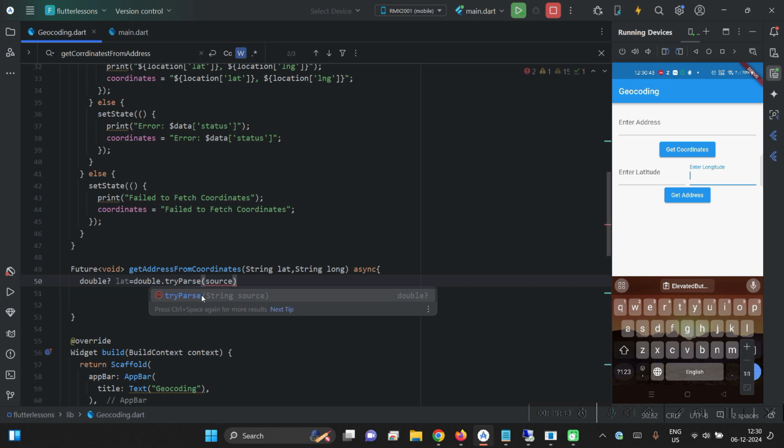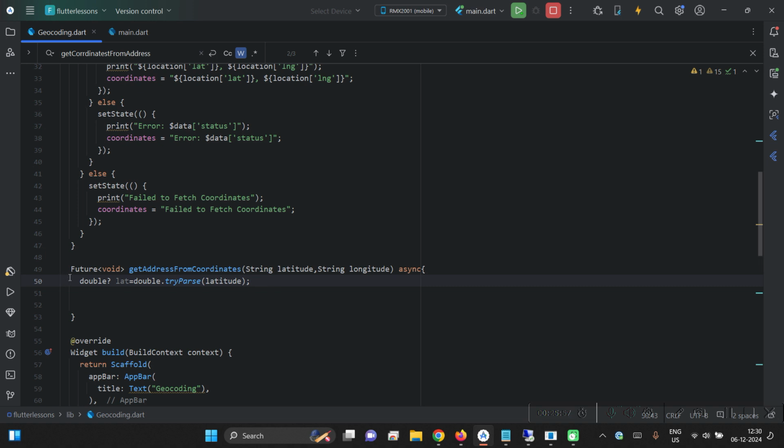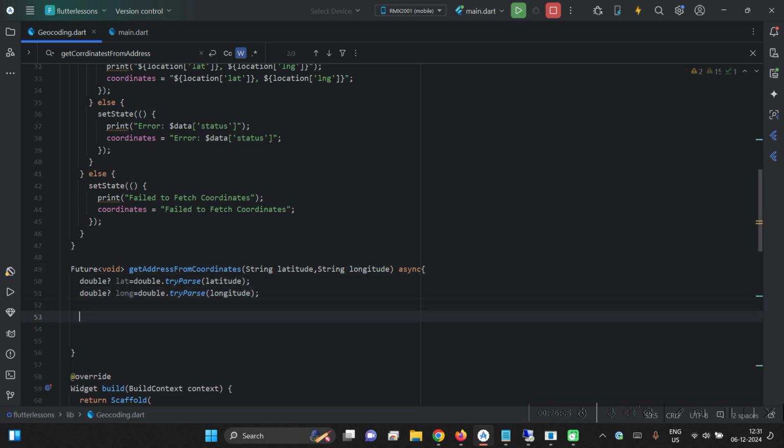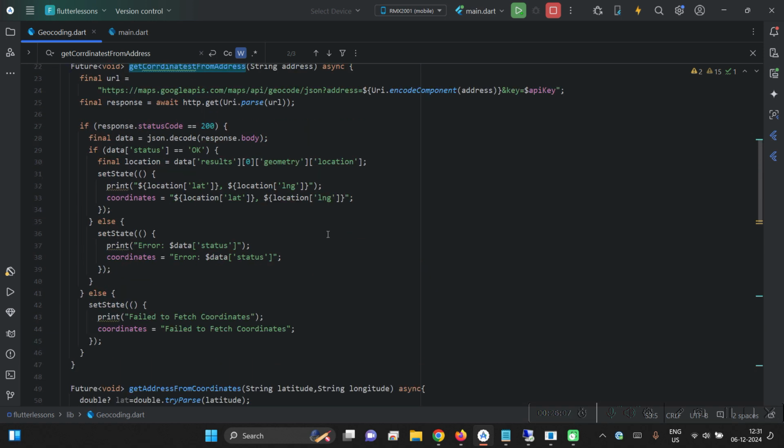Okay, this is a way. I just put it in a different variable, otherwise it will give me an error. Longitude, I will just put it in longitude. Okay, so I'll just put it as a latitude, whatever the source is. Okay, let me close this so we have a screen. Same way we can just put it here, and we'll put it as a long. Now we have a longitude, we put it as a longitude, and then after that we will just use this